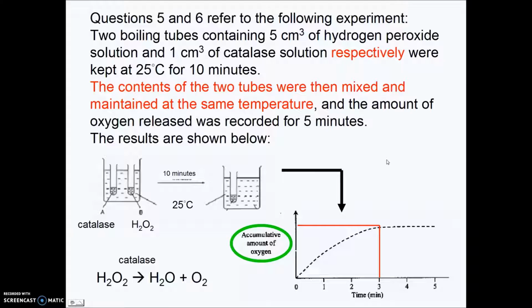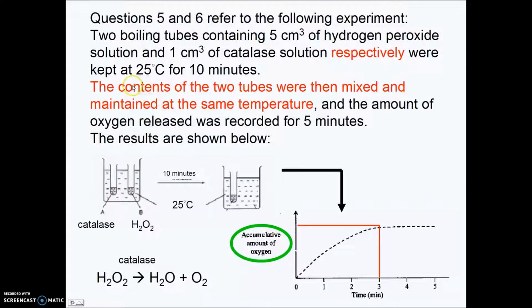So let's talk about questions 5 and 6. In this question, I would like to suggest that by reading the question, it's quite difficult to understand the whole meaning because you cannot imagine the picture. So I suggest you draw some diagrams for yourself. Sometimes with enzyme questions, drawing a diagram is better. If you only read the words, you won't know what it is about. So in this case, you can see 2 boiling tubes containing hydrogen peroxide and catalase solution, they